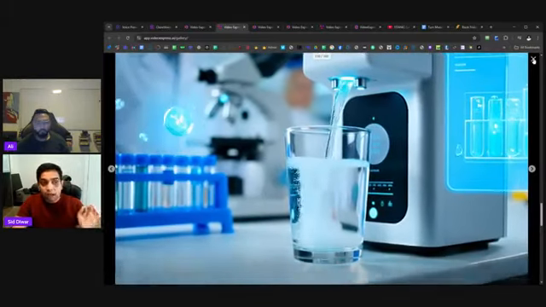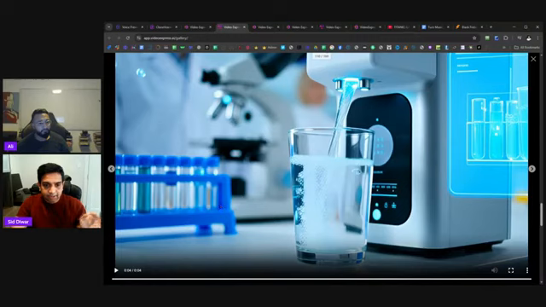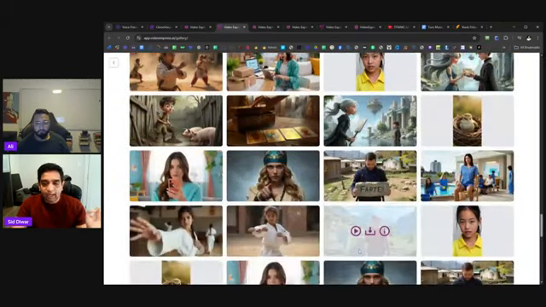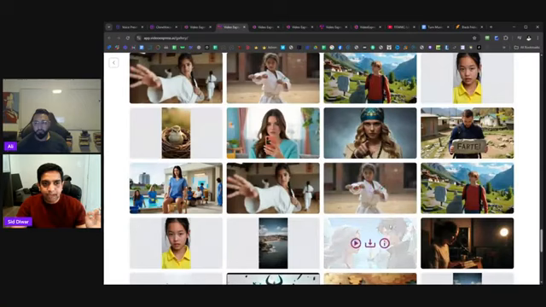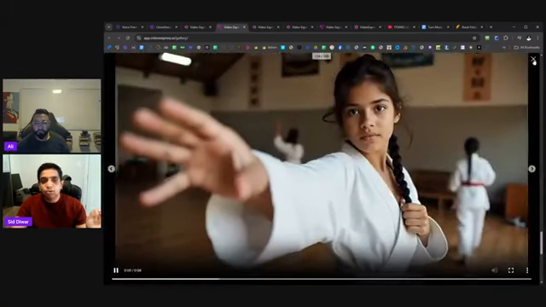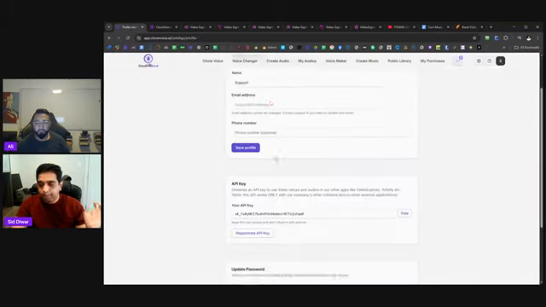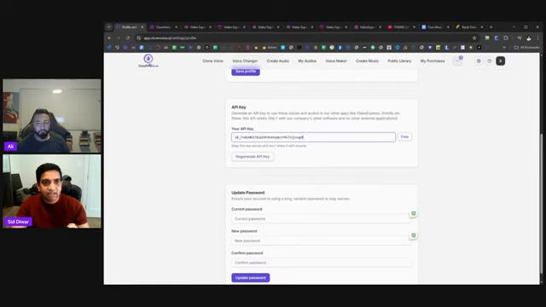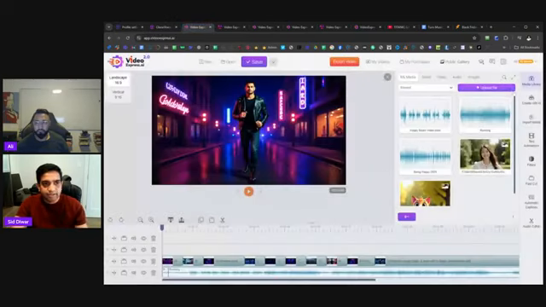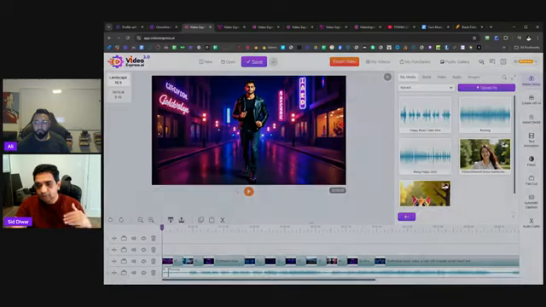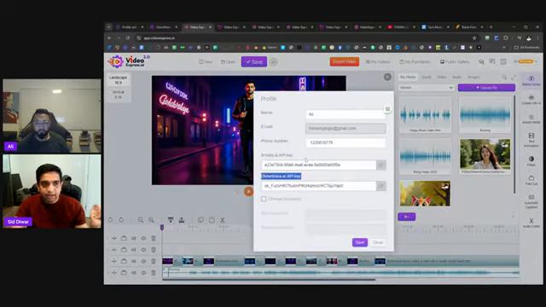So about Artistly and Clone Voice, somebody was asking, can I bring in Clone Voice audios into videoExpress, right? By the way, both apps are integrated. It's the same way you would link it. It's just an API key that you enter into the settings section, right? So you get your Clone Voice API key and you just enter it into videoExpress, and then it brings all the audios that you generated into videoExpress, so you can use it right here without having to download it and so on. You see that? So Artistly API key is here and Clone Voice API key is here. So all the apps are integrated